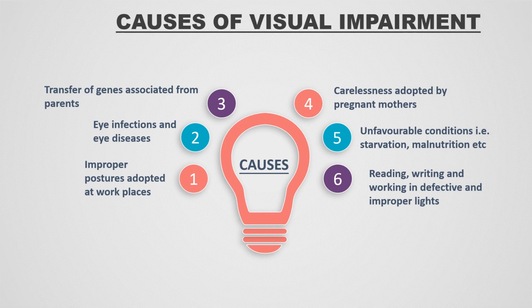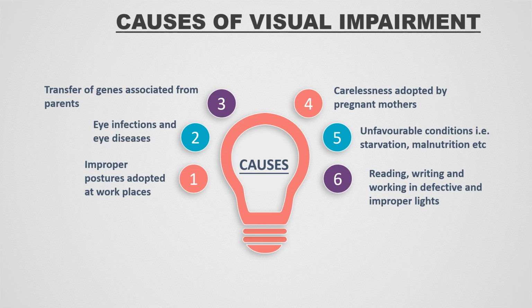Now we will discuss causes of visual impairment. First one is improper postures adopted at workplaces. Second, eye infections and eye diseases. For example, if someone has a specific eye infection or a disease, that will cause visual impairment. Third, transfer of genes from parents. For example, if one's parent is visually impaired, then the genetic transfer can also cause visual impairment to the